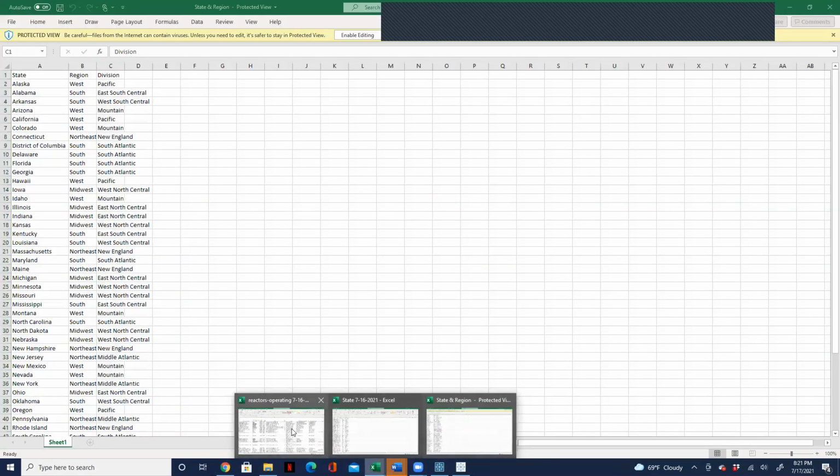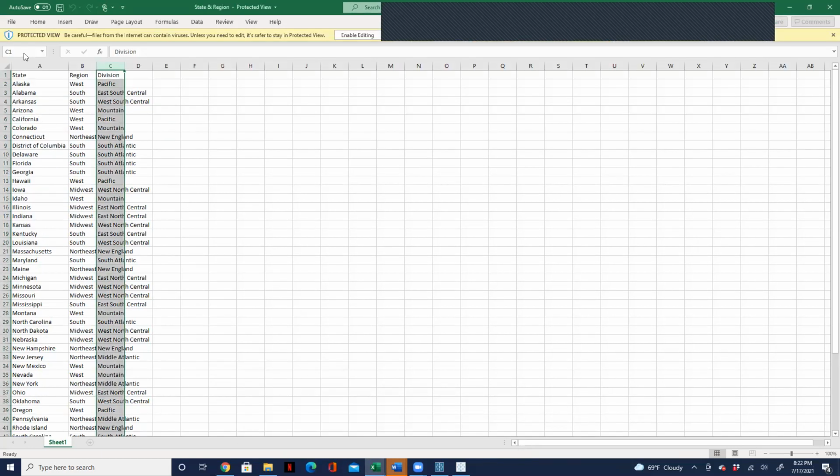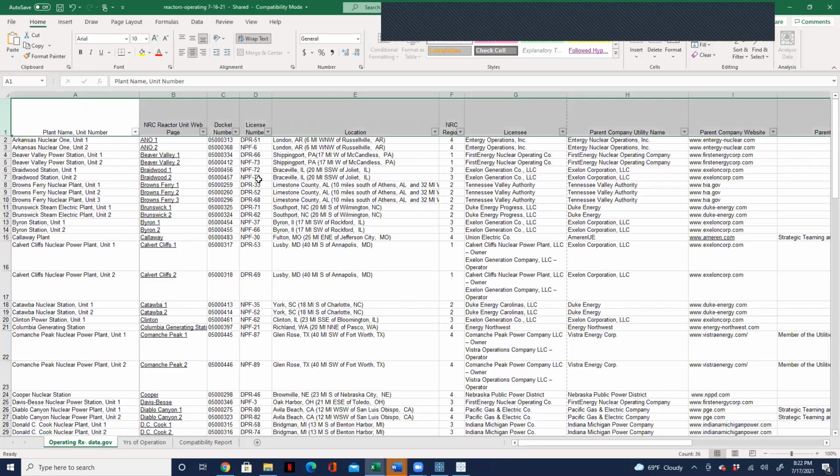Let's say we have states here. Let me put it this way. Why are we bringing in this state file here that has the state code, and why don't we just use this one that has the states, since we already have state in this file here? Why don't we just use this file and bring it in here? I think it would be easier to understand using the state code, because is it a string? The code should be a string, I guess. Is the code not embedded in the data? So we're trying to extract the code from.